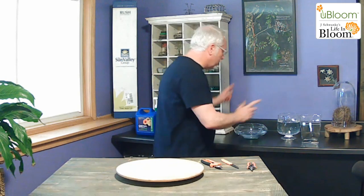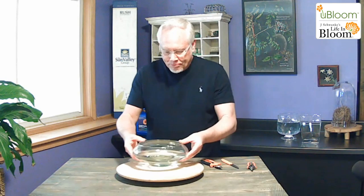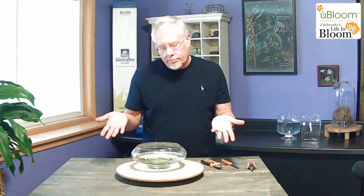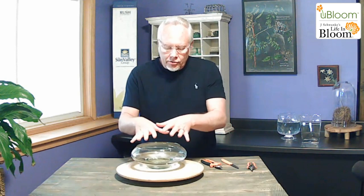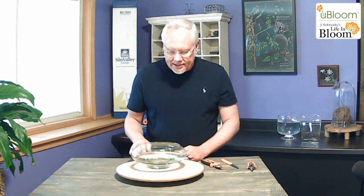So our first arrangement, these are the three containers that we're going to use, but we are going to start with a lily bowl. Okay. They call it a lily bowl because I guess it was used to float lilies. I don't know, or maybe it's the shape. I don't really know, but I always understood that it was to float lilies, and that it had a little lip on it. They come in several different sizes, and I've got it filled with water, and I used my